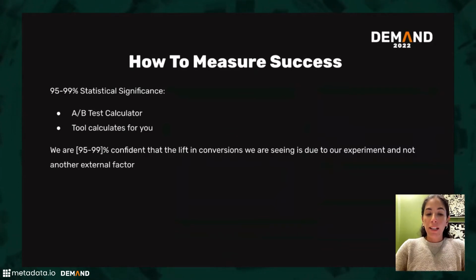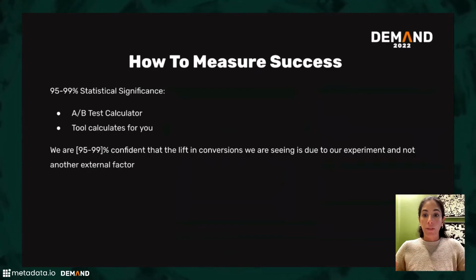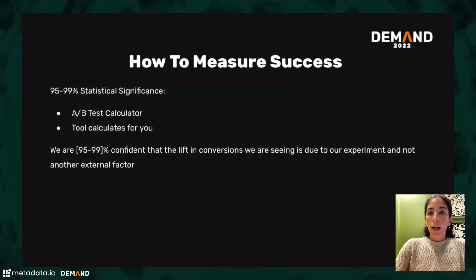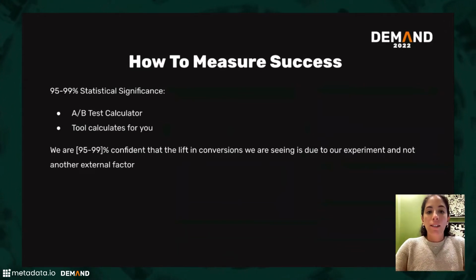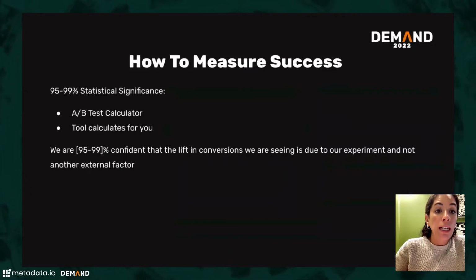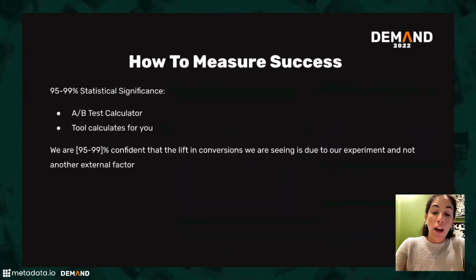You can understand if the lift that you're seeing from your variation is statistically significant enough to say, we did this. If you use a more in-depth and specific tool for website testing, usually they have some sort of stat sig built into the reporting of that tool. So essentially, what statistical significance means is we're 95 to 99% confident that the lift in conversions we are seeing is due to our experiment and not another external factor that randomly could be affecting conversions on this specific page